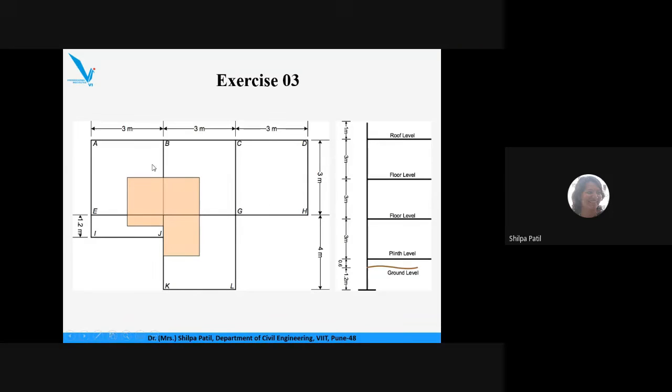Now suppose you have very little time for the design, and I don't have time to design all these 3 or 4 columns separately. So what I will do, I will design this particular column, which is the heaviest one or which is subjected to the highest load, and the same design I'm providing for all upper columns. This is again going to be uneconomical.